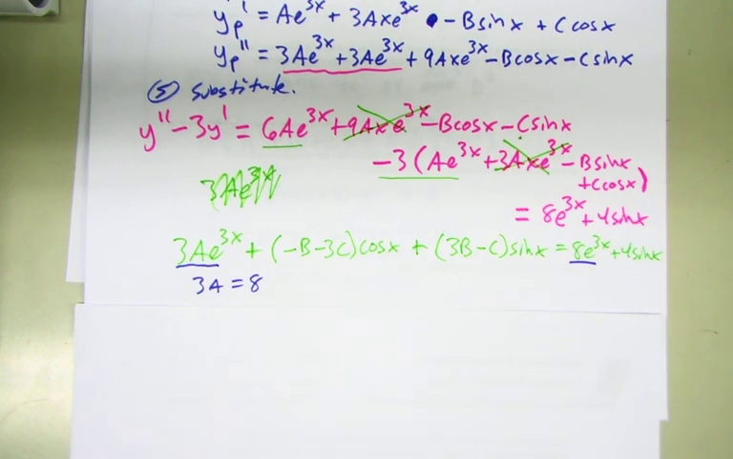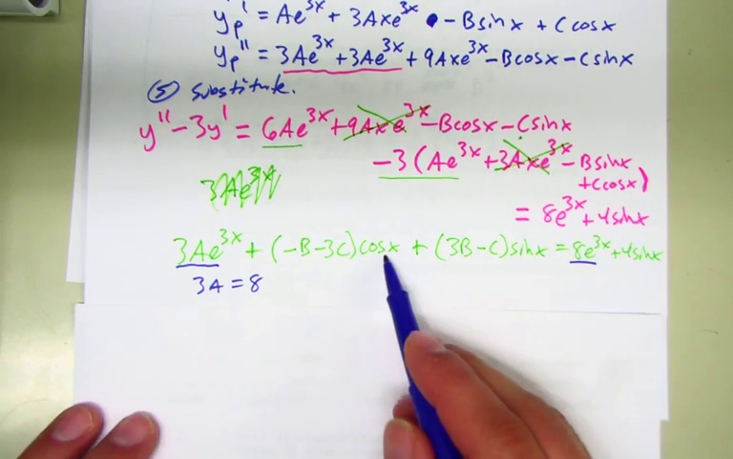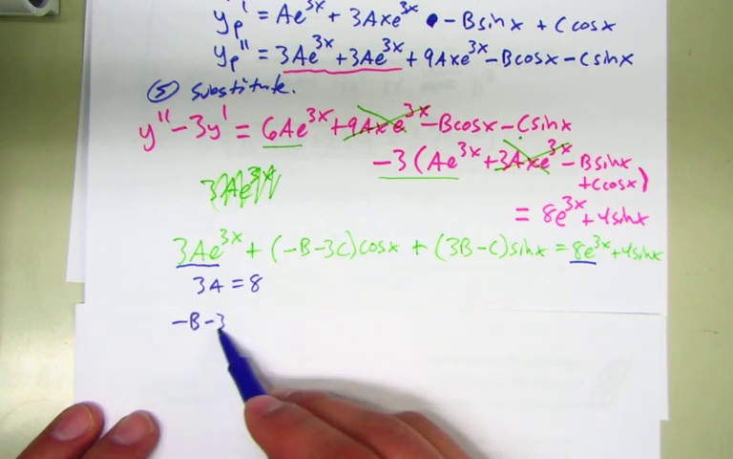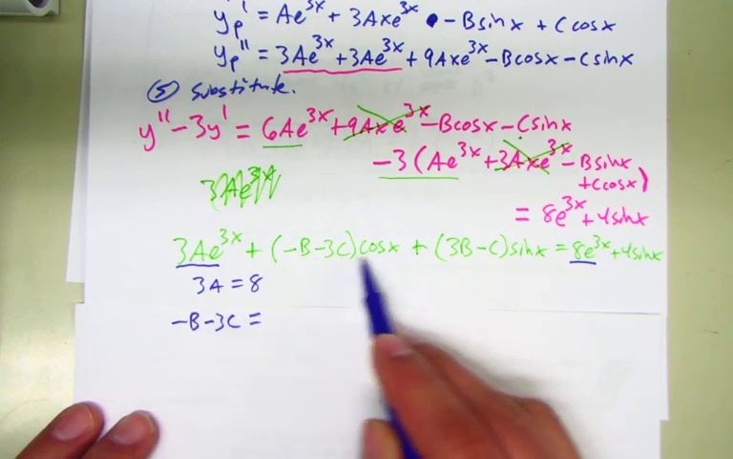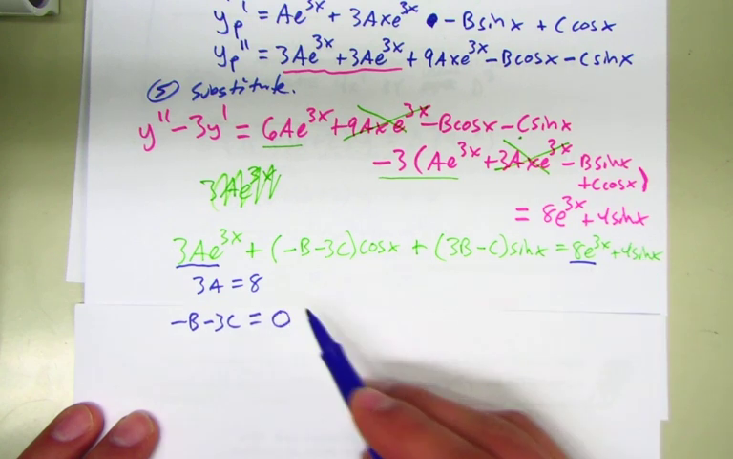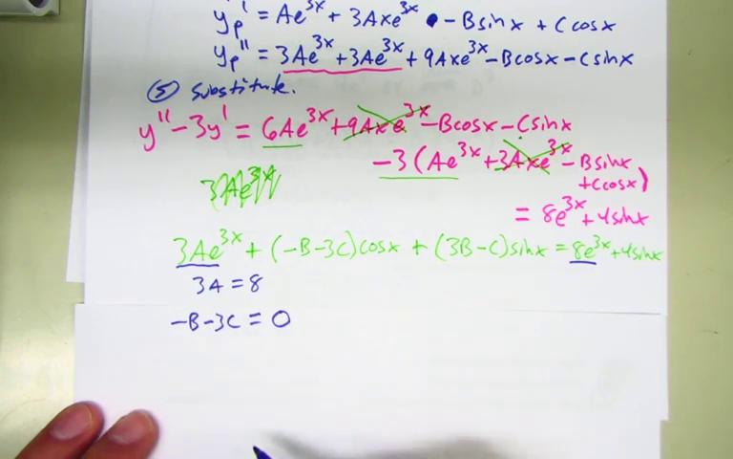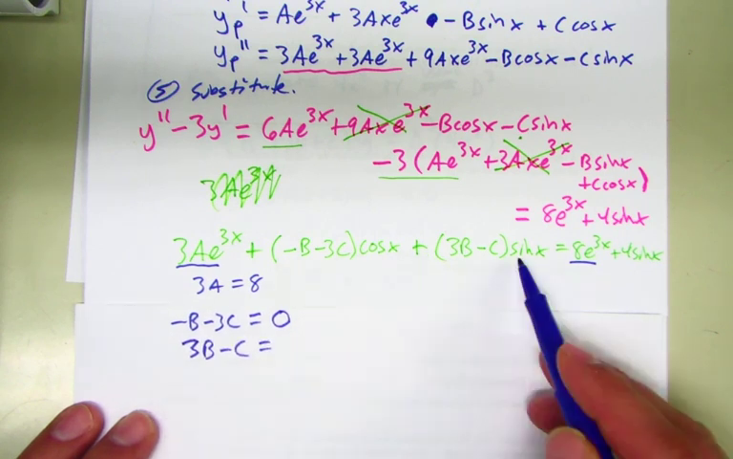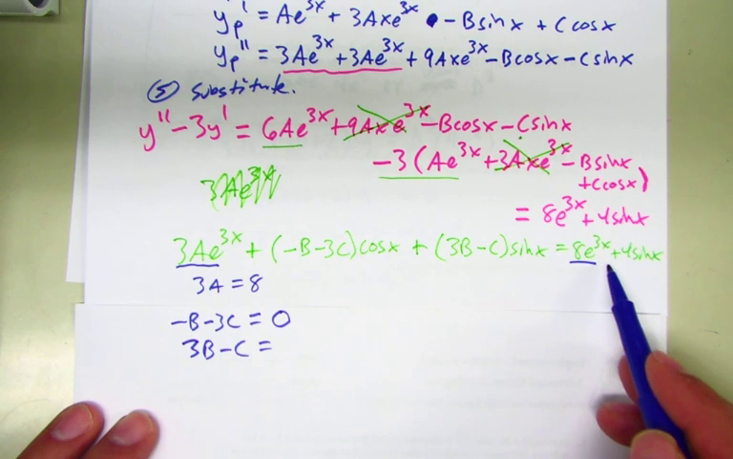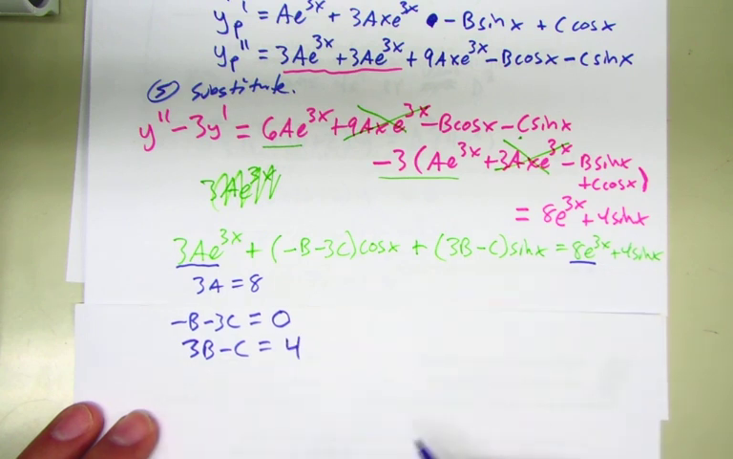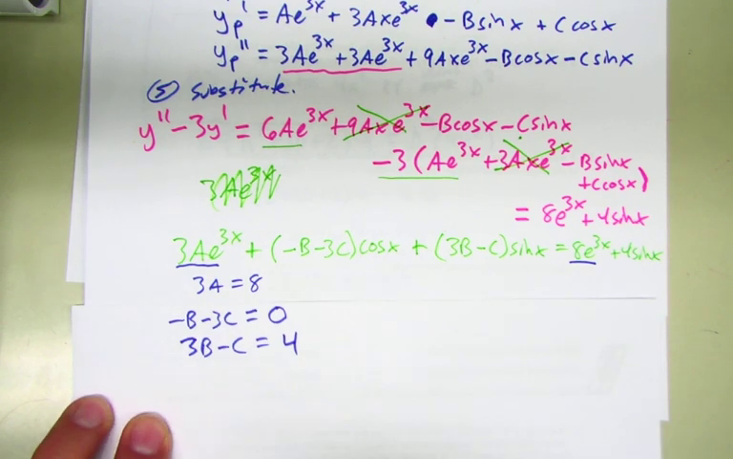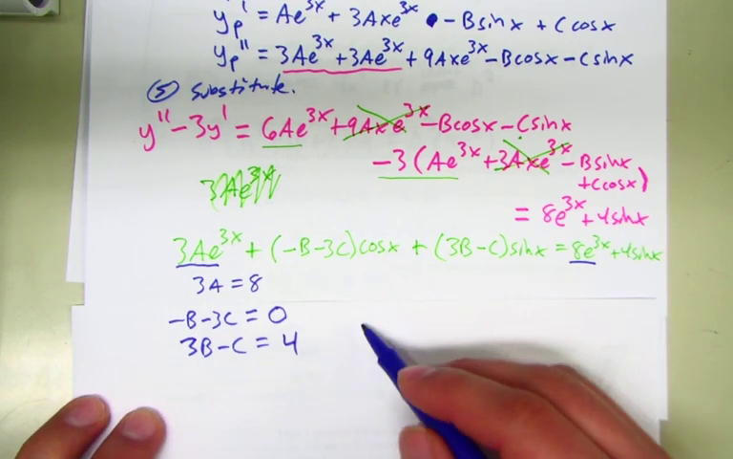And let's see, as far as the cosine terms, on the left we have negative b minus 3c cosine, but on the right hand side we don't have any of them, so that negative b minus 3c has to be 0. And then 3b minus c, which is the coefficient of sine, has to be equal to 4. I'm trying to save some time here because I think I'm going to get cut off by the next class coming in. If you solve this system